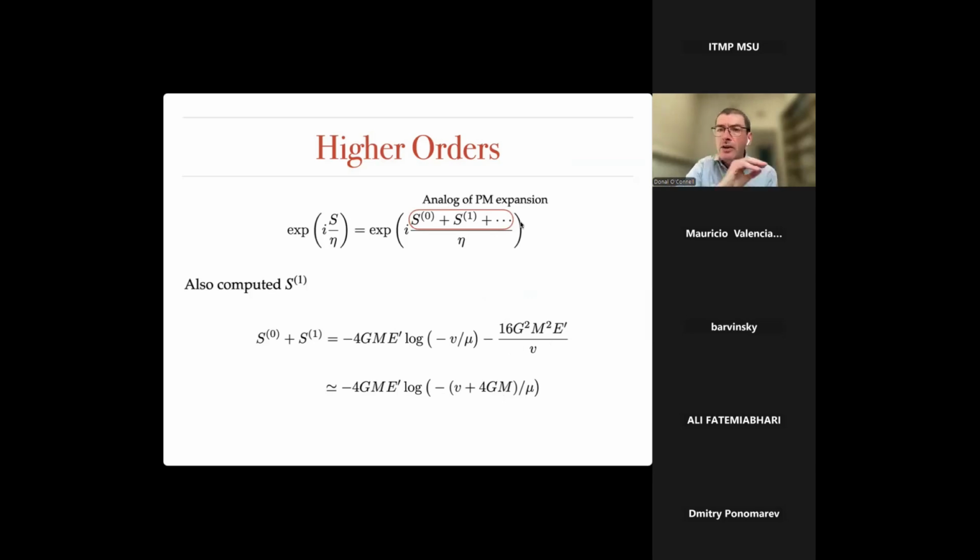This expansion, I already mentioned it, is analogous to a post-Minkowski expansion familiar in classical gravitational applications from amplitudes. So it's a very familiar sort of computation. We just go ahead and perform the calculation, and this term falls out. Essentially, the finite size effect. The way I think about it is, since this event horizon has a finite size, the black hole isn't just at zero. It's got some size, and that's why there's a 4GM here. This particular term is like this finite size effect.